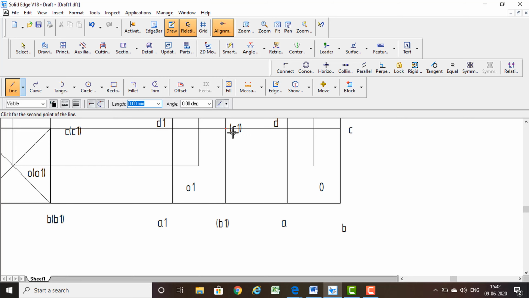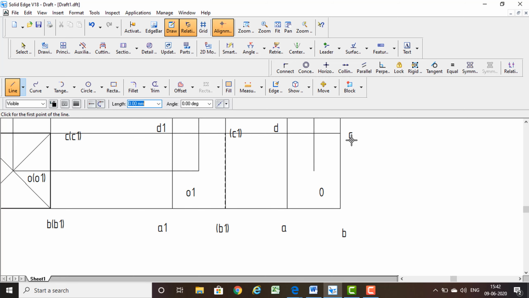See this one, B1 to C1, it is invisible, and also B1 to B is invisible, C1 to C is invisible. In spite of that, we are not going to do it. So for more, you can just go to the theoretical part that I have already explained to you. My intention or objective here is to tell you how to use the different tools.